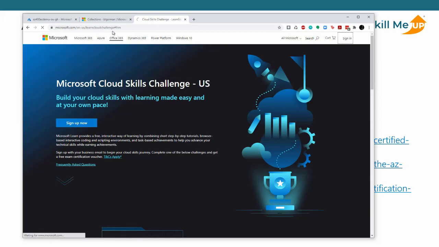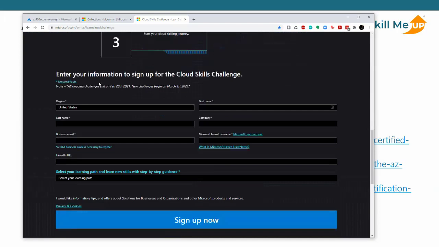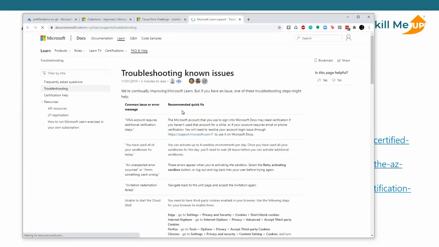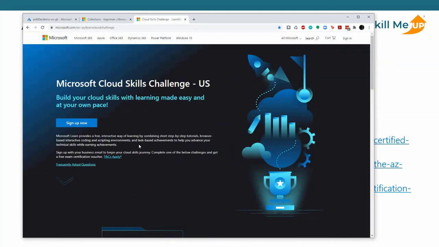It won't let me sign in. I'm not sure what's going on there, but I had signed up at one point for this cloud challenge for the 303. And what I wanted to show you, I can't show you because I can't figure out how to get logged in, but